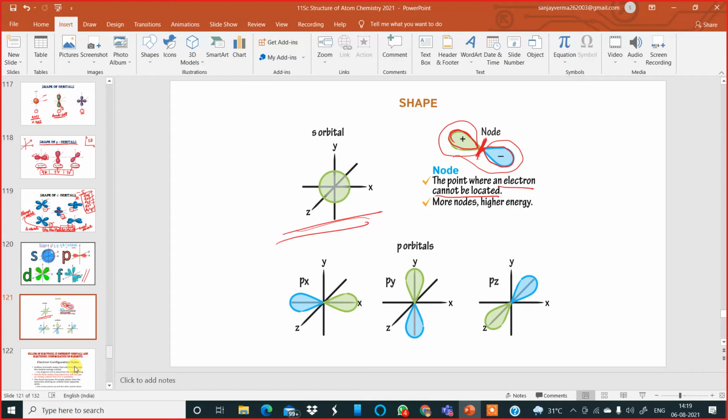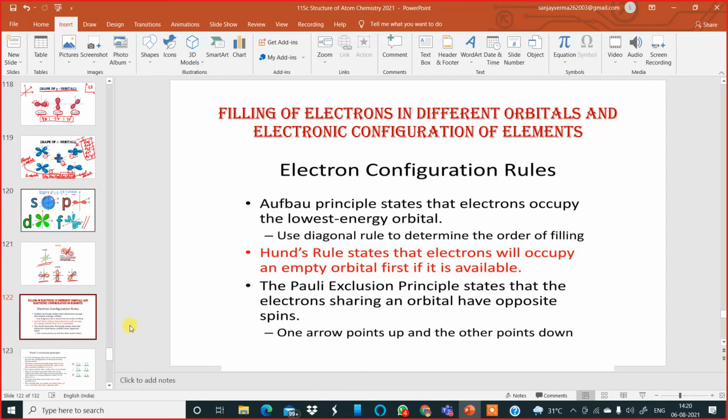So wherever you don't find an electron, that is called a node, or if you put a paper vertically over here, that becomes a nodal plane. Similarly for the px orbital, the py orbital, and the pz orbital, the node is here. This is the positive half, and this can be the negative half. Are you getting it? px, py and pz. Now after that, let us move to the next part of the chapter.